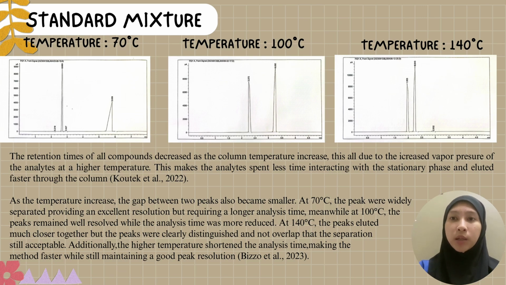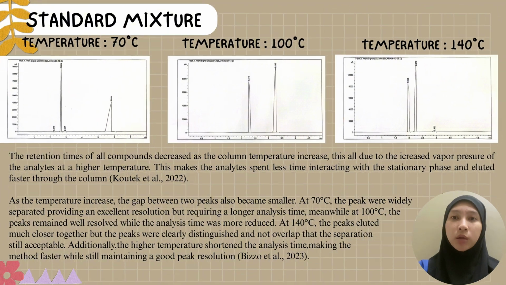However, they remained clearly distinguishable and did not overlap, indicating that the separation was still acceptable. In addition, the analysis time was the shortest at this temperature. Overall, increasing the column temperature reduced the retention time and analysis time, while decreasing the gap between the peaks. Among the three temperatures, 100 Celsius